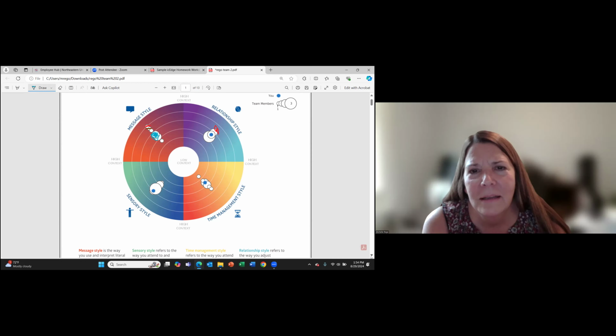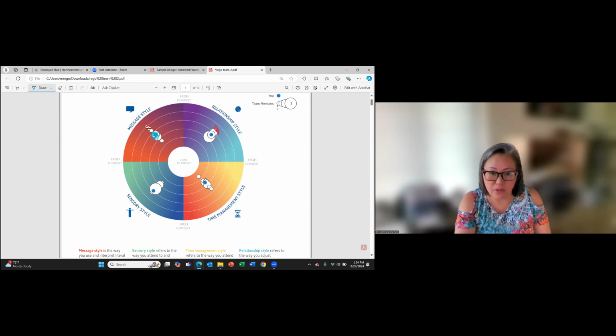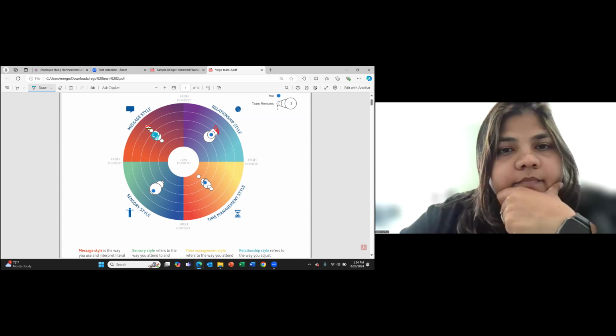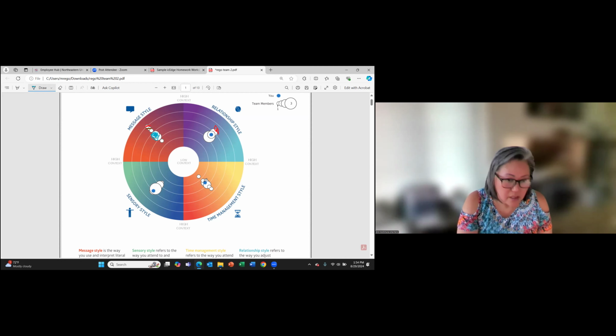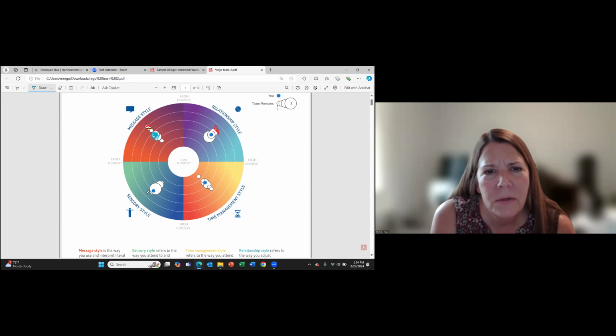And our time management style is also pretty spread out here. This is me sort of in the middle. And I'm right next to you, right in that big bubble. I think Michelle, you and I are in the same spot for time management. Okay. All of us are similar in time management. And then sensory style. I'm the same as you, Michelle. Okay. So I'm that small one.